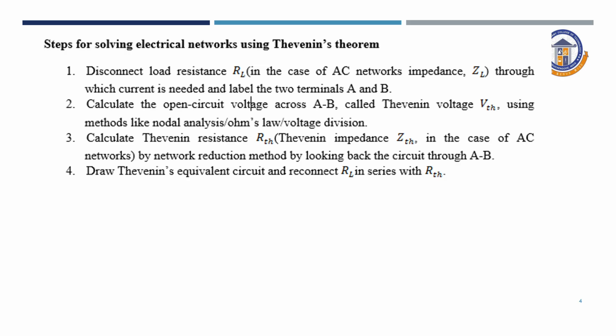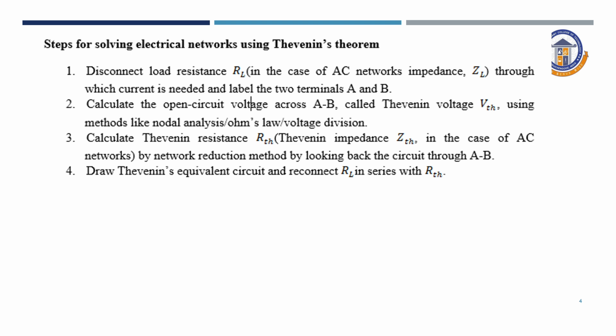So how do we calculate that single resistance connected in series or parallel? Here it represents the Thevenin resistance, which is nothing but the Norton's resistance. If there is a circuit with terminals AB, and we are asked to find the open circuit voltage or short circuit current,